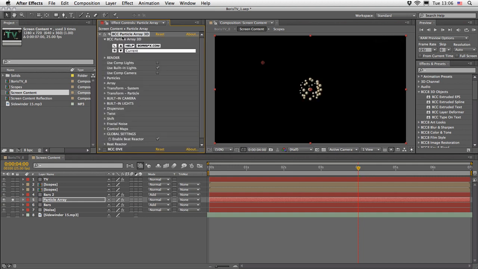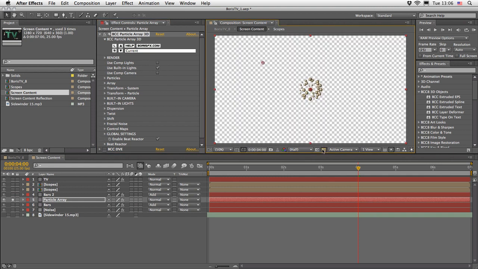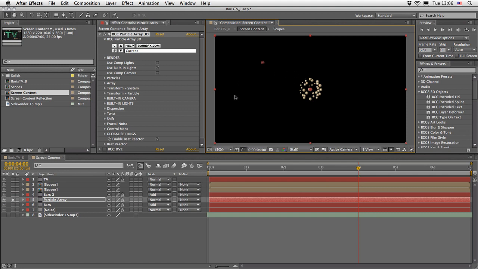So this effect is applied to a regular solid layer. It will create its own alpha channel, so we don't have to worry about it. But I did want to take this effect and place it here at the corner of the screen. Now, of course, I can take the whole layer, but sometimes you can't just move the whole layer. I just want to show you what the problem is. If we take the center here and move it around, because this effect is 3D aware, it will actually change the perspective of those little spheres and create something which, in my opinion, doesn't look right,